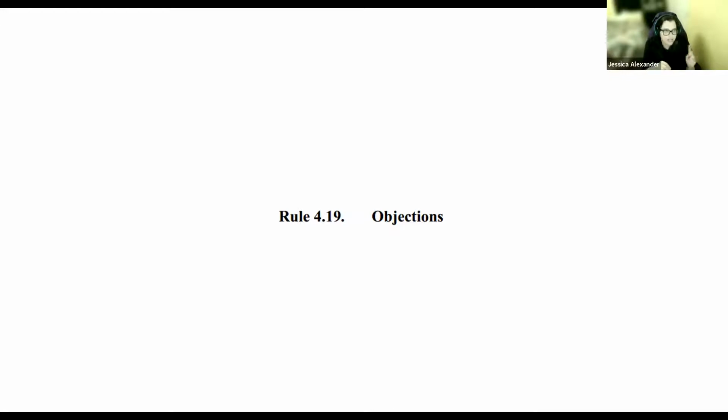And then I didn't make a slide for this, but rule 4.20.1 and 4.20.2 gives you a really good breakdown on how to introduce exhibits. So if you came today thinking, I don't know how to introduce an exhibit into evidence, you want to go read 4.20.1 and 4.20.2 because those are going to tell you how you introduce an exhibit into evidence. Okay, that's going to give you a really clear guideline for that.